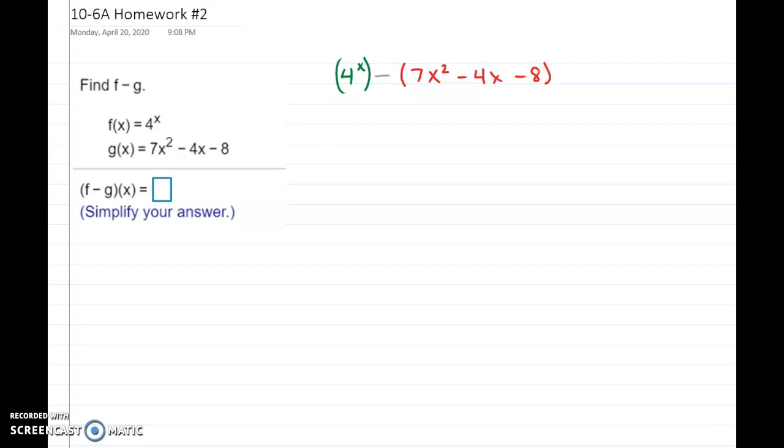There's nothing to do inside of the other parentheses either, but we are subtracting this entire function. We're subtracting all of these terms. We're not just subtracting the 7x squared, we're also subtracting negative 4x, and we're subtracting negative 8. So when we do this problem, we have to make sure that the subtraction applies to every single term that we're subtracting. So we have 4 to the x, and we have minus